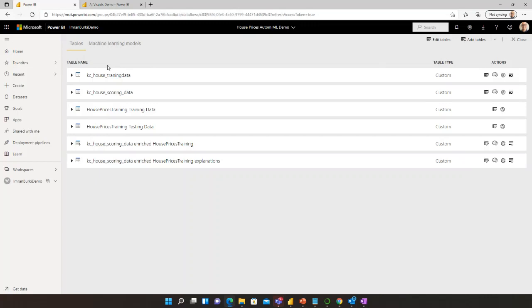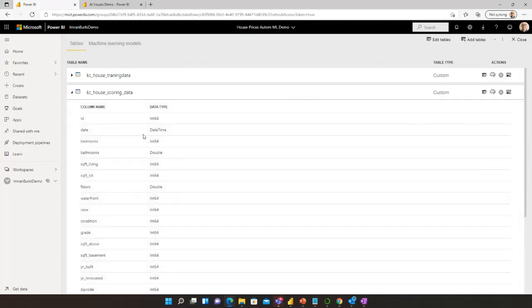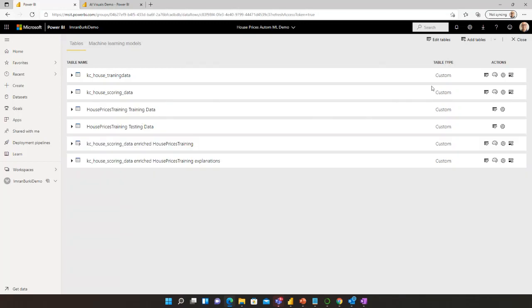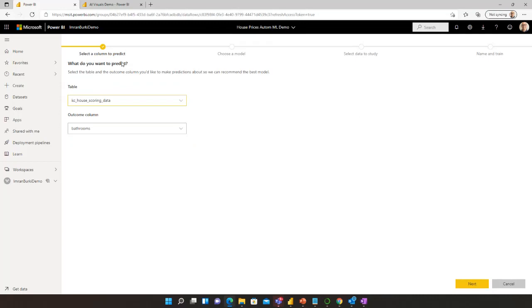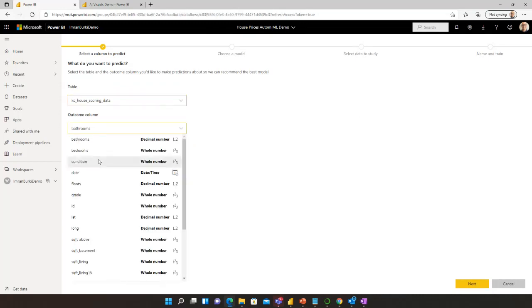So now that we've got our model, AutoML, remember, it already picked our model, right? And it knows which model it's going to create. We have a scoring data set here. We want to apply this model to a data set that it hasn't seen before. And the way to do that is really simple, right? All we've got to do is go into apply model. We're going to add a machine learning model. This time we're going to choose scoring data, and the outcome column,